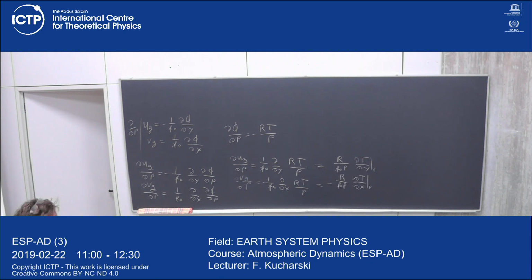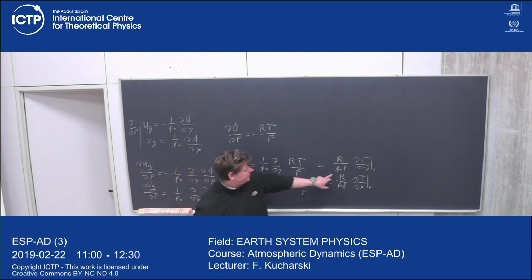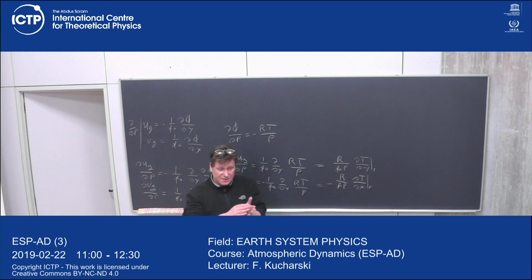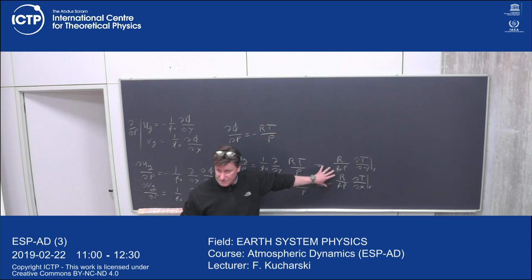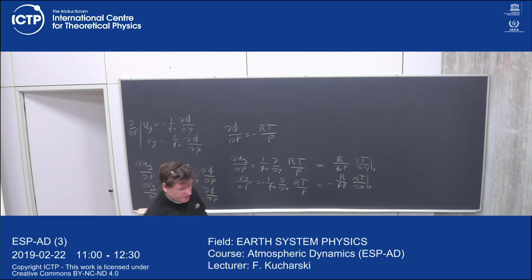In the tropics, the problem, of course, is that particularly at the equator, this Coriolis parameter goes to 0. But as soon as we are, let's say, 10 degrees north and south of the equator, this is already a valid approximation. We will see this in some later lectures. Today, there are more exercises,